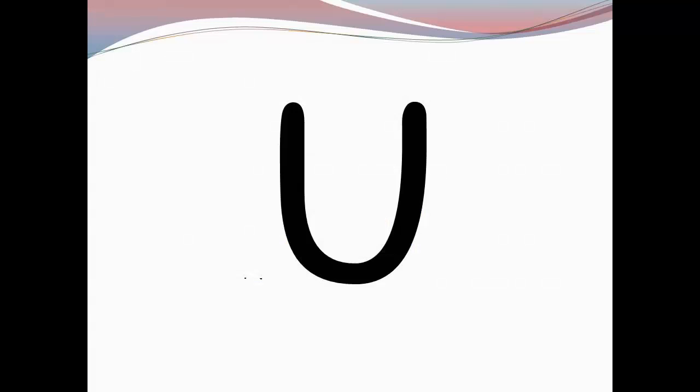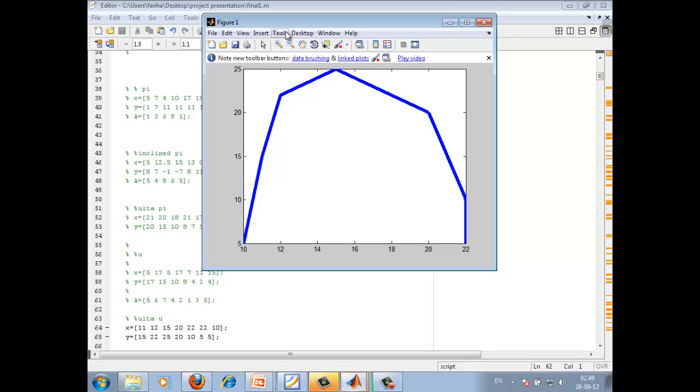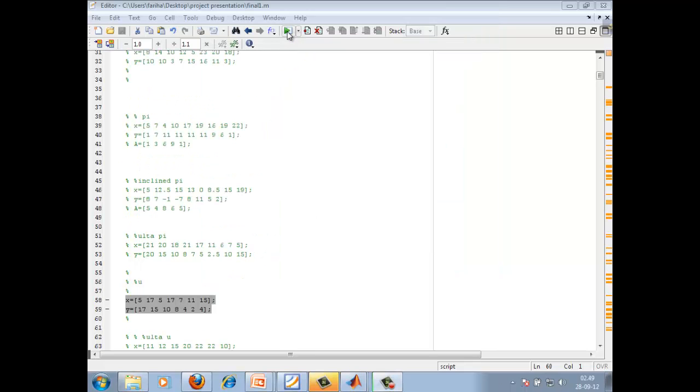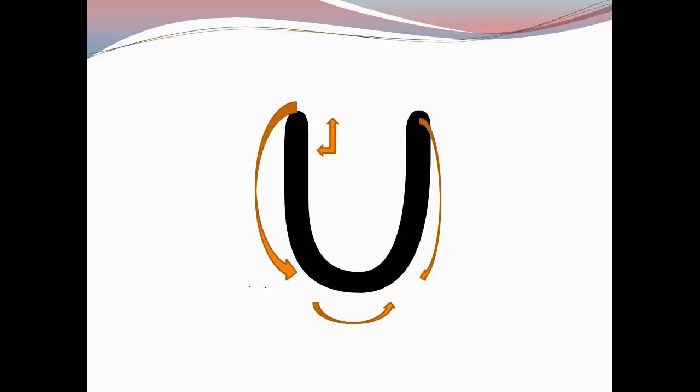Then, for capital U, we have assumed that at the endpoints of capital U, the terminal points create an angle that is slightly greater than 90 degrees. Based on this assumption, as we move forward in the program, we have tried to decide which points lie on the same lines. Thus, following this method, we could identify the two lines along with its curvy part.